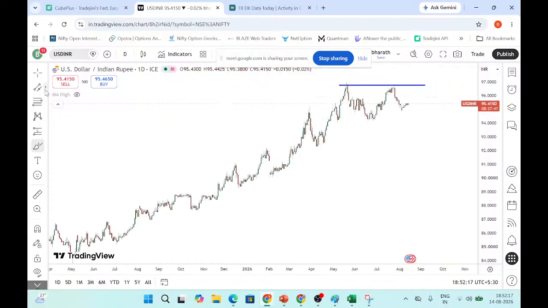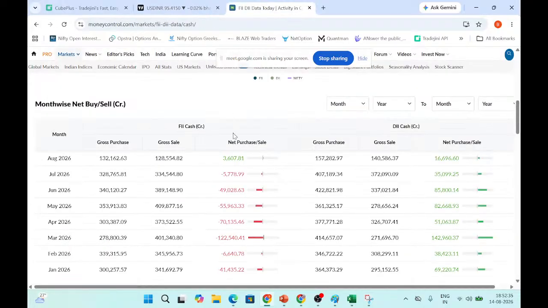Are we out of the woods in the currency market? Not necessarily. The support is still there, so it might consolidate. All right. So FII data is positive, which is good. But they still hold net shorts in the futures market. Right? Unless and until they unwind these net short futures,